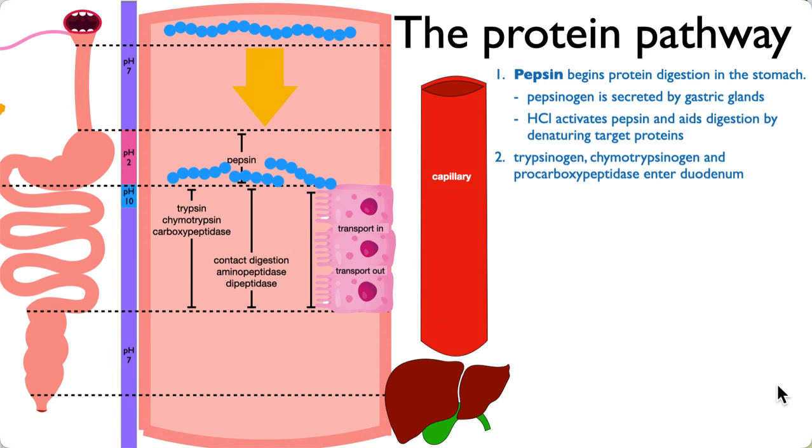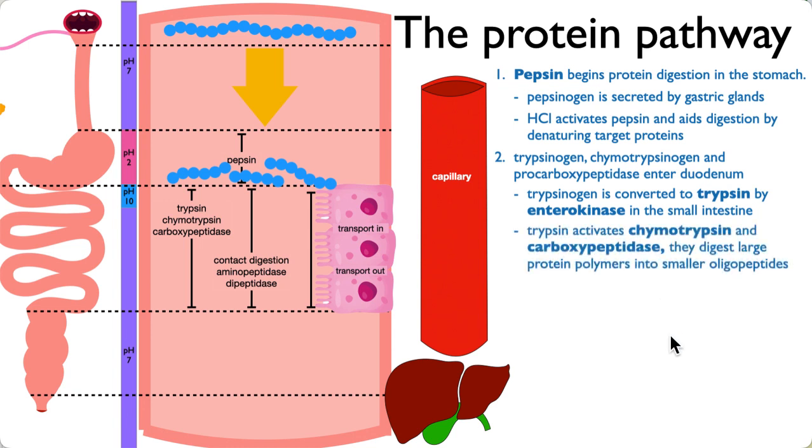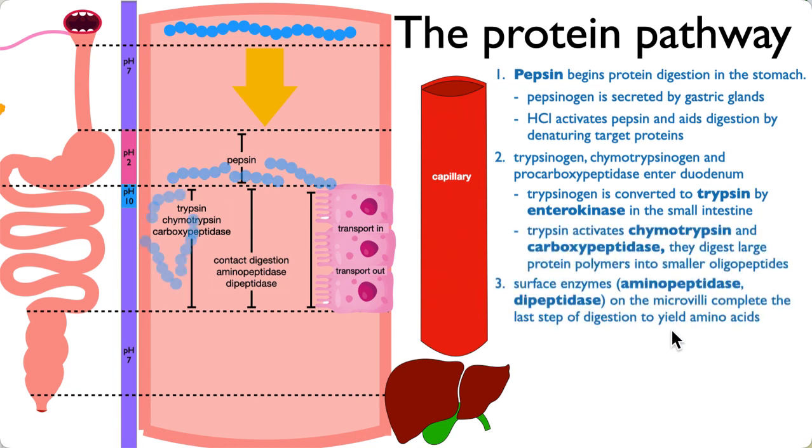In the small intestine, we have trypsinogen, chymotrypsinogen, and procarboxypeptidase that are coming in from the pancreas. As soon as they enter the duodenum, the enterokinase, which is secreted by this part of the intestine, activates the trypsinogen to become trypsin, and it activates everything else. So the activated enzymes begin to digest what the pepsin didn't finish. And now we have even smaller